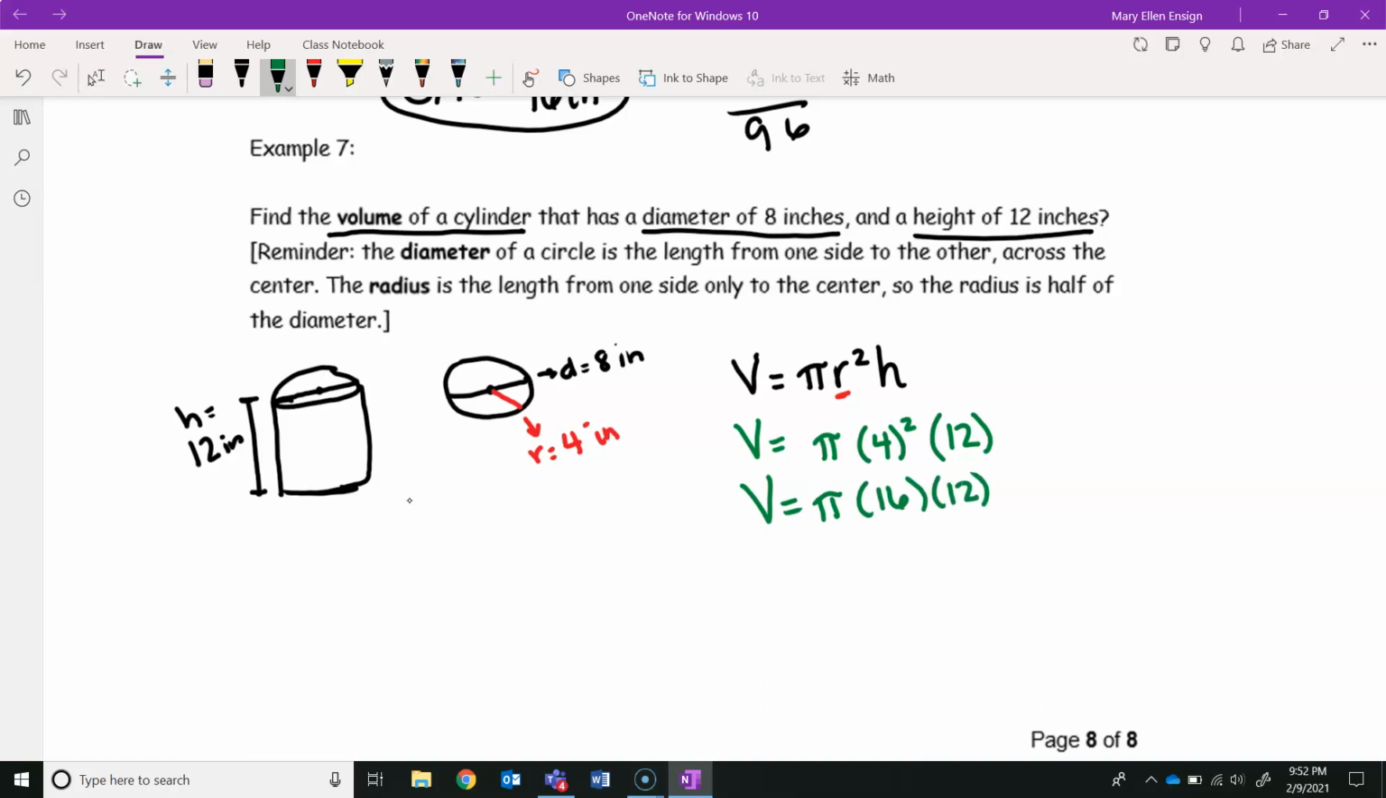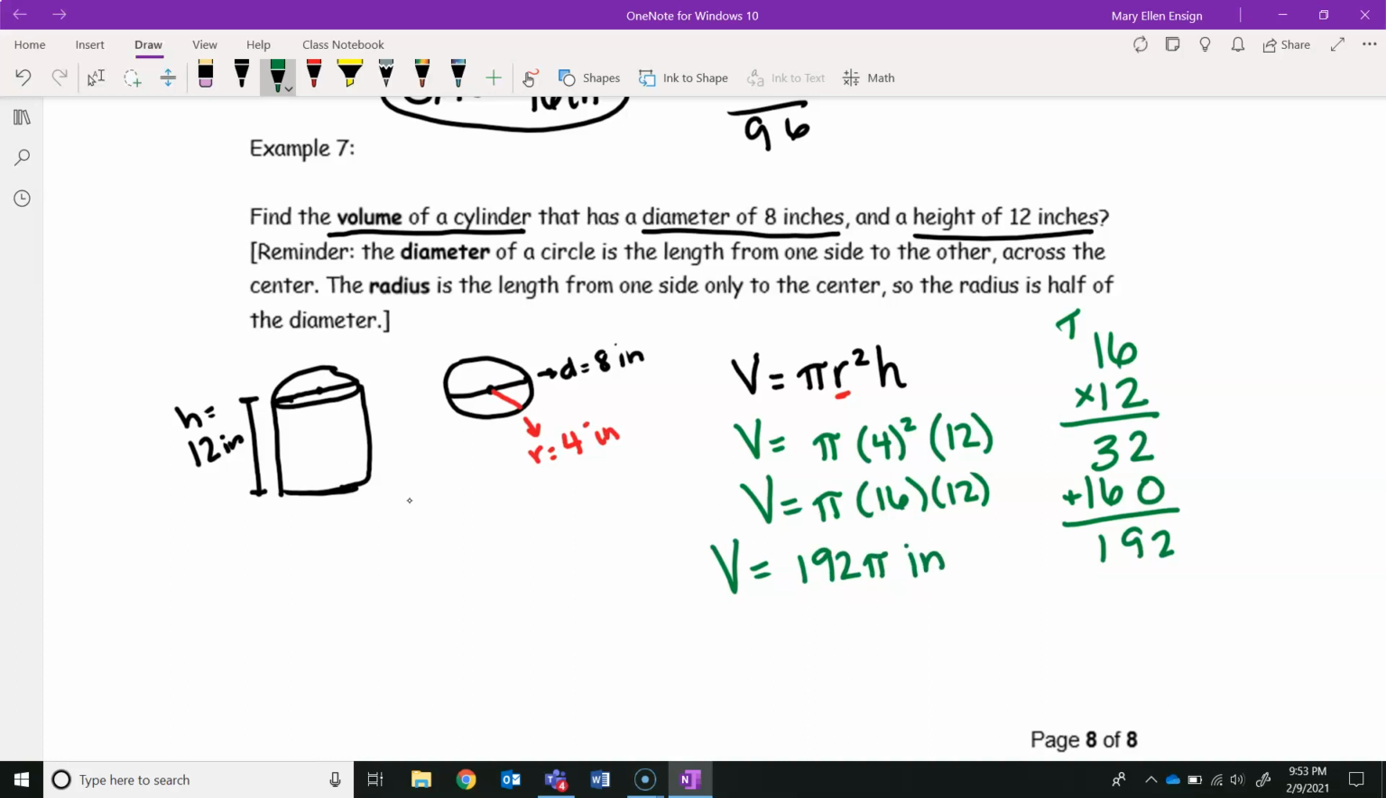Okay, now there are a couple different things we can do here. We can say 16 times 12, get that, so that's going to be 192 times pi. These are inches, volume is a cubic measurement, cubic inches. You can leave it like this,